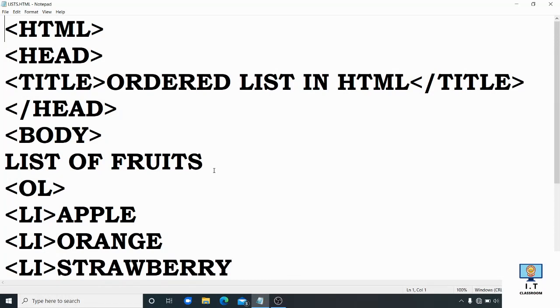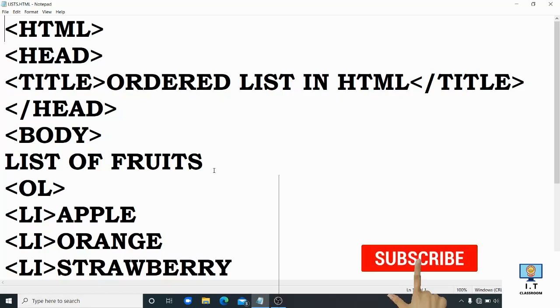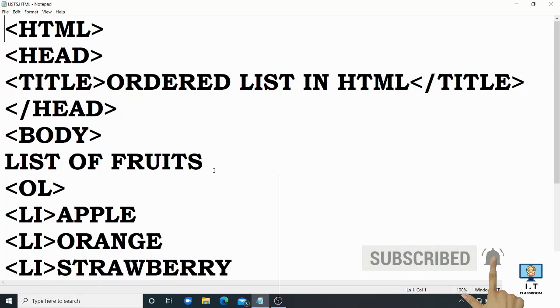Students, lists are used to group related pieces of information together so that they are clearly associated with each other and easy to read. Lists are good from a structural point of view as they help create a well structured, more accessible, easy to maintain document. So today we are going to discuss how we can create lists in HTML.